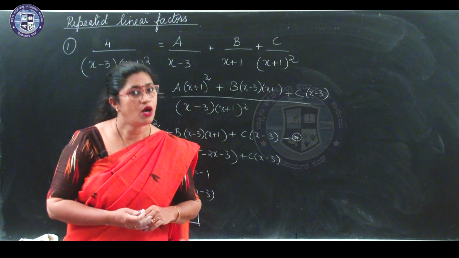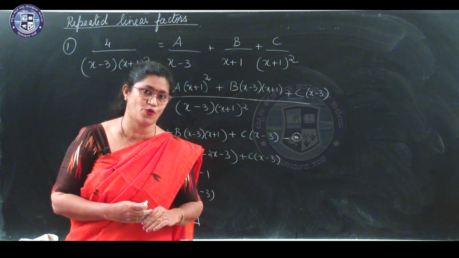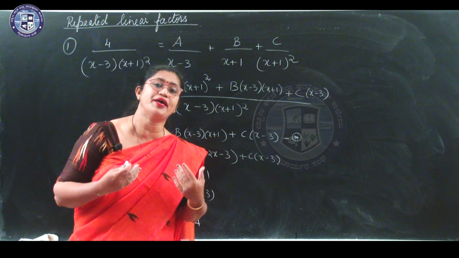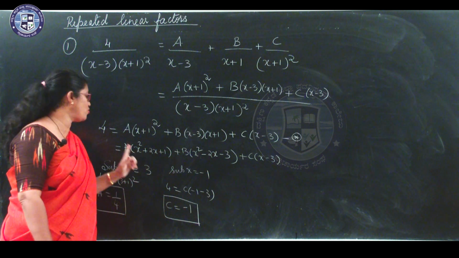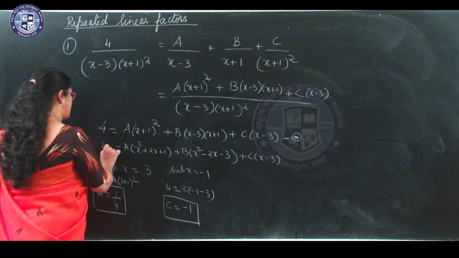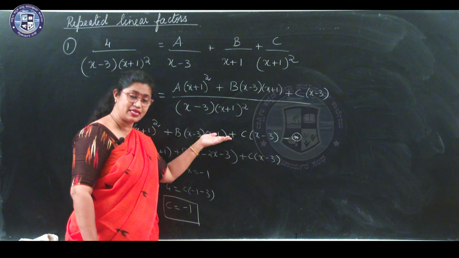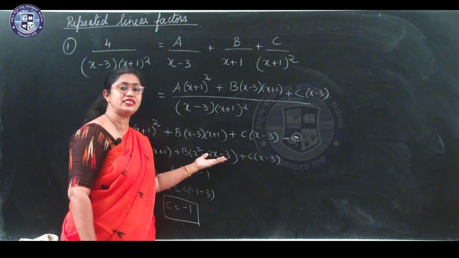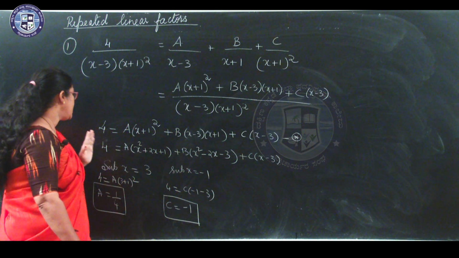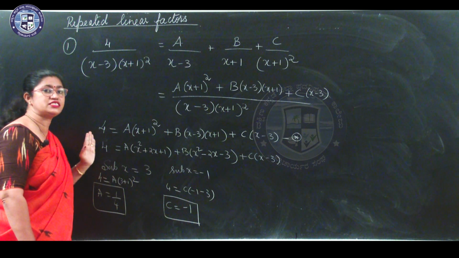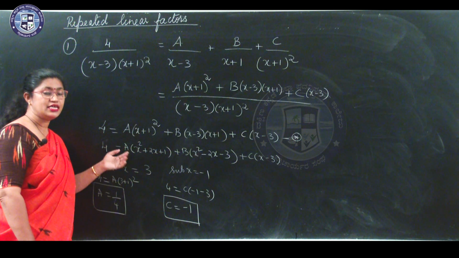So, I said one way is to substitute any value for x, like x equal to 0, or else let me teach you another method. Now, to get the third value, I come to this equation. The second equation that I wrote is the same star equation which I have written in the expanded form. Now, what we will do here is, if these two equations have to be equal to each other, then the